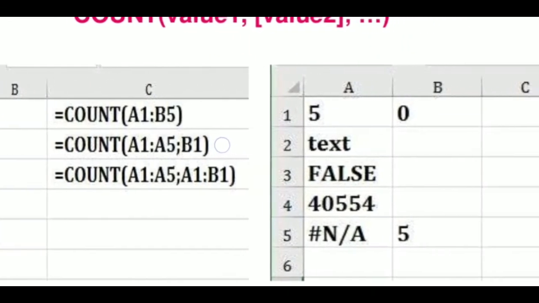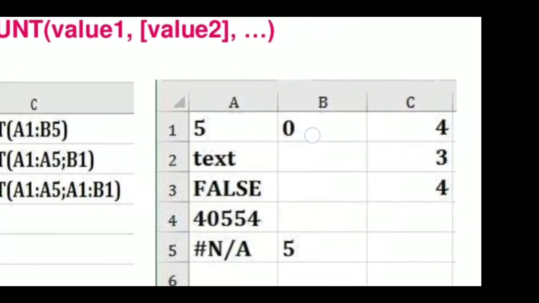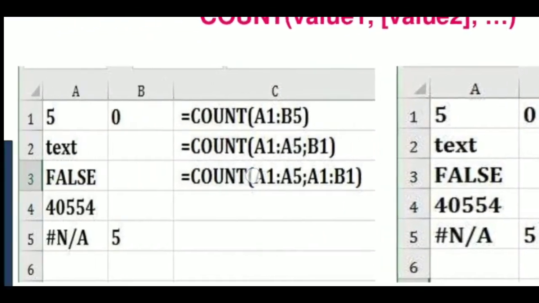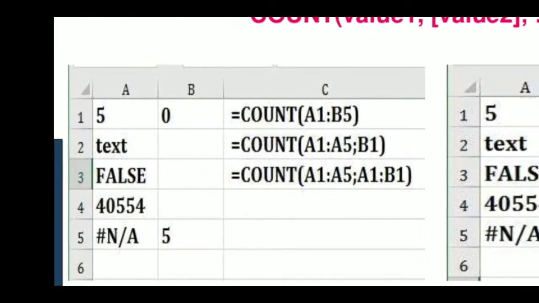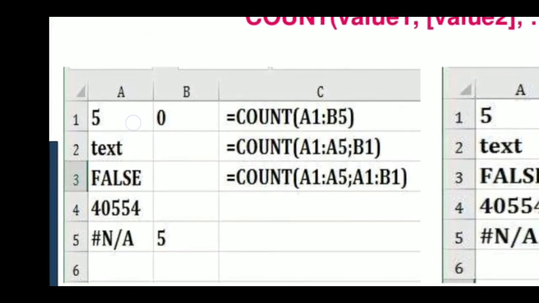Result is in C4, we have 4. Why is this 4? Because from A1 to B5 we have this value is numeric, after that second numeric value, after that third numeric value, and last one B5 is also a numeric value.